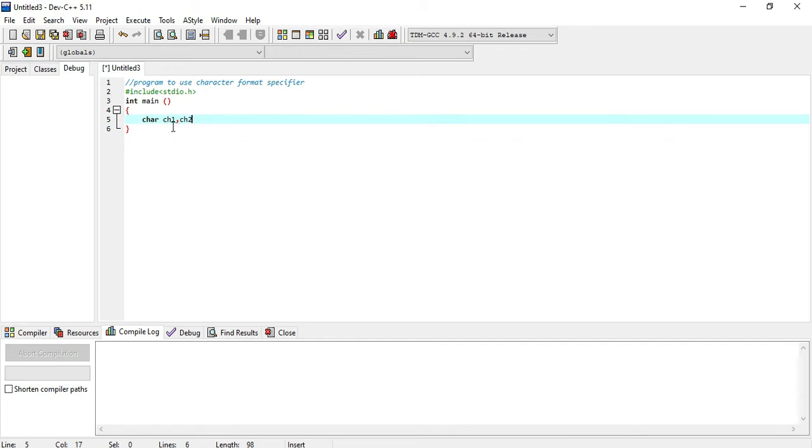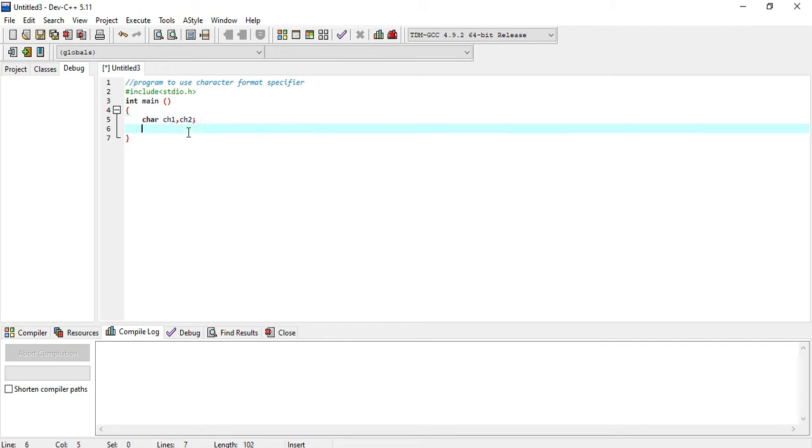Means now ch1 and ch2 are two variables here. These variables will store values, and that values will be in the form of characters. So we will use the format specifier which is used for the character types. Now we want to display the output, so we need to use output function, that is printf.